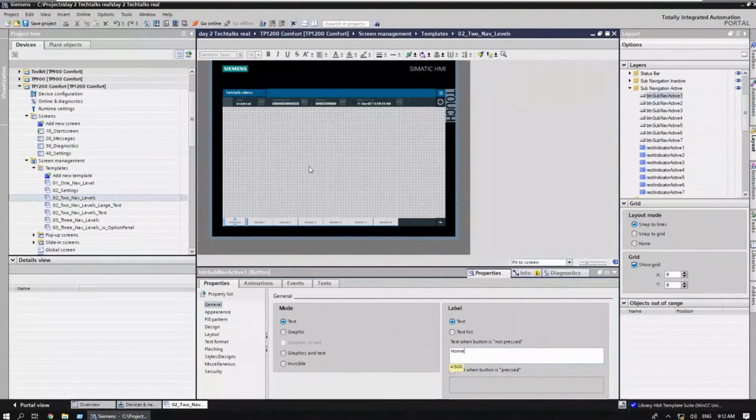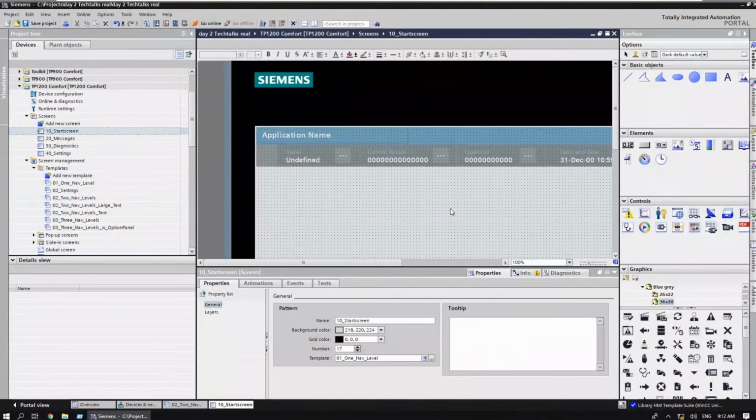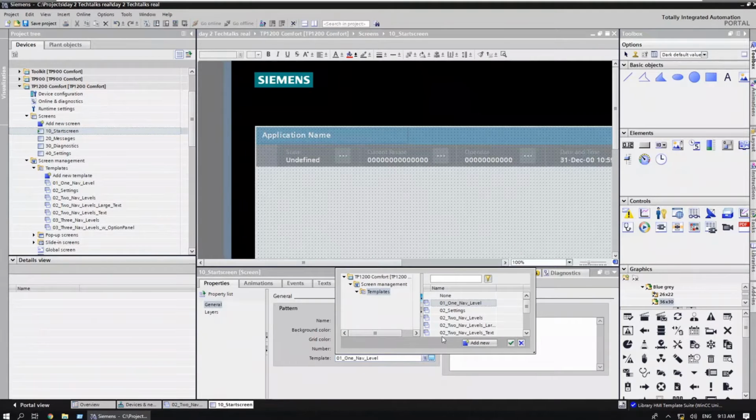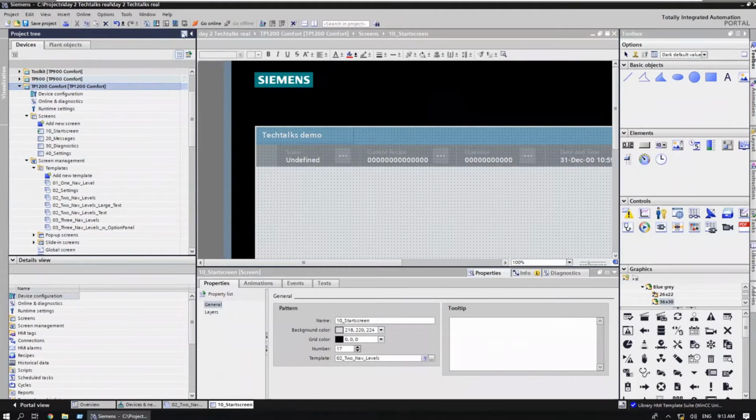But once we've edited it up and put in our screens, how do we actually apply these templates? If we click on our start screen and click in, what you can see here is where we decide which template we're going to apply. It's just in the properties of the screen. We click in there. That's the one I've edited. You can see straight away that it's now changed to my template. And if I put this system into simulation,